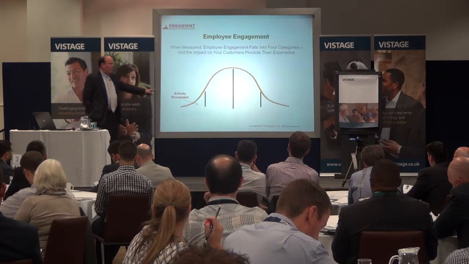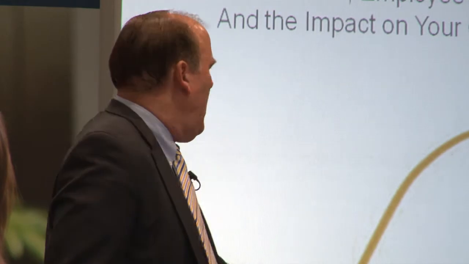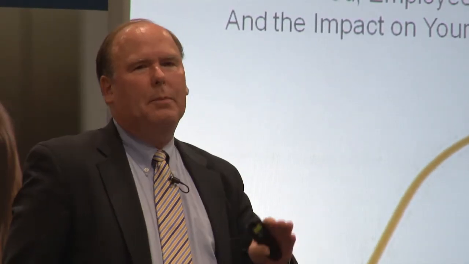So over here on the far left side of the bell curve, we have what we refer to as the actively disengaged. These are the employees that you have that quit, but they just haven't told you. They live on the dark side of the moon. They're the walking zombies in your organization. Every organization has them. It's typically 5 to 15% of your employees fall into this category. And they are the most dangerous people in your organization. They get really dangerous if they happen to be managers, because some of them are.